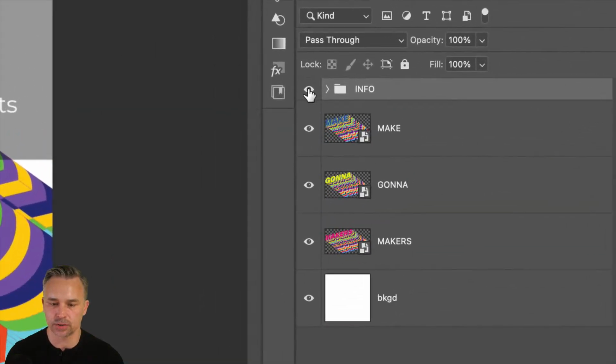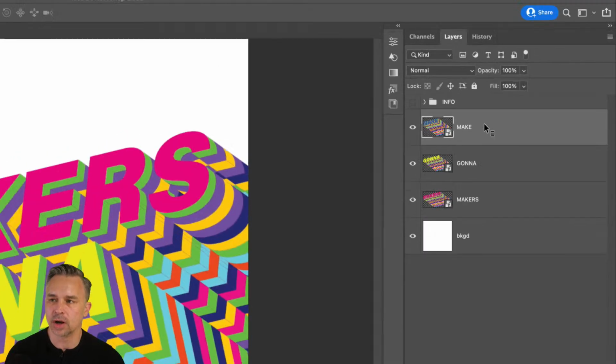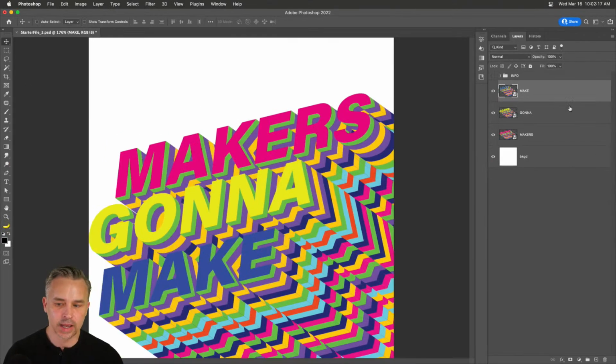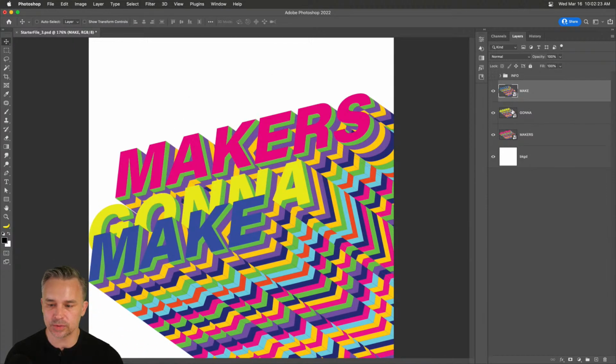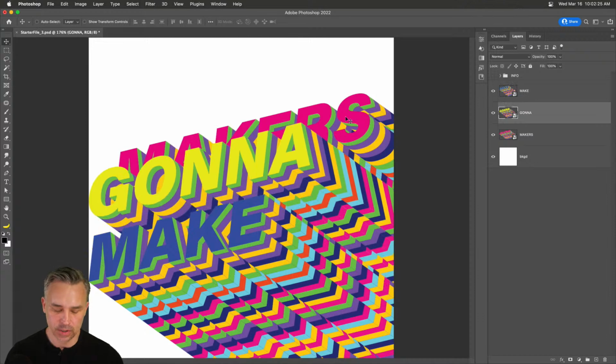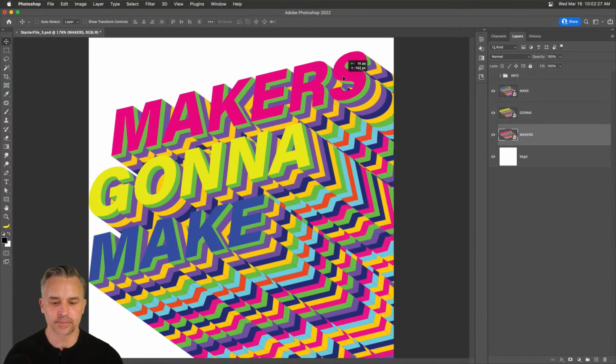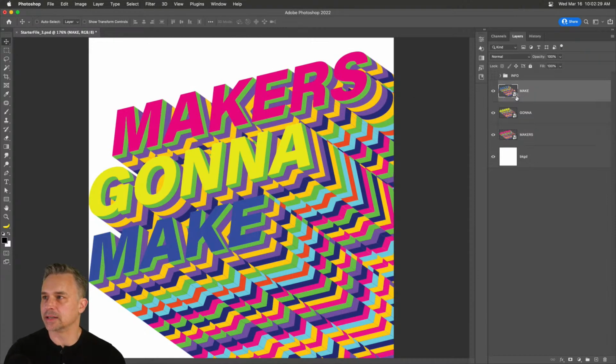Right over here, we can just turn off that info folder or layer group. And then we have these three lovely files. We can move that around, see what's what, and move them up if we want to. You get the idea, right? How are these made? Well, you could easily, and again, I probably did too much work right in here,